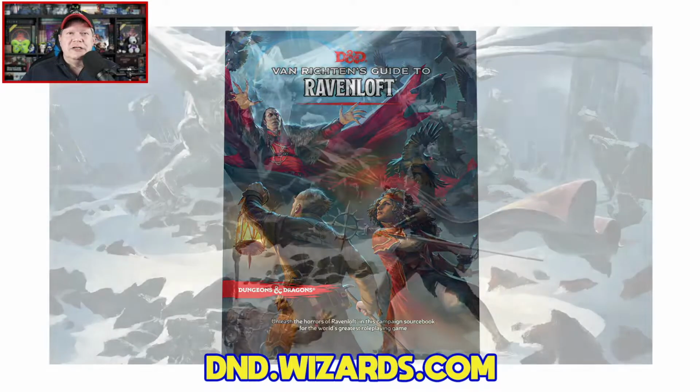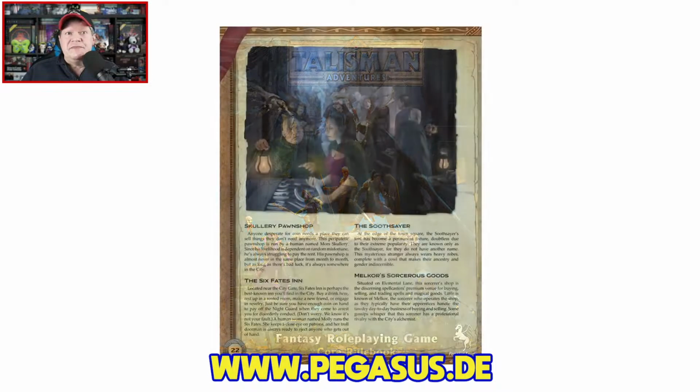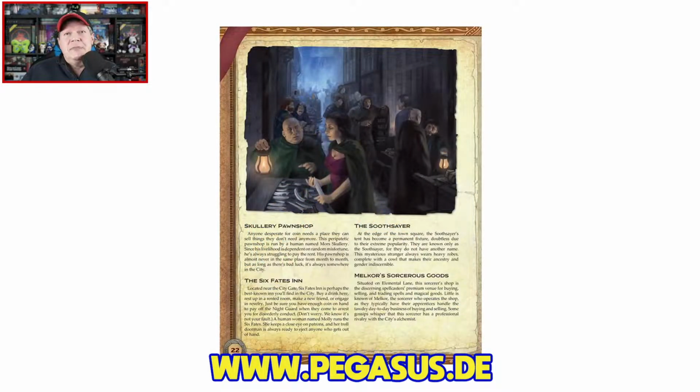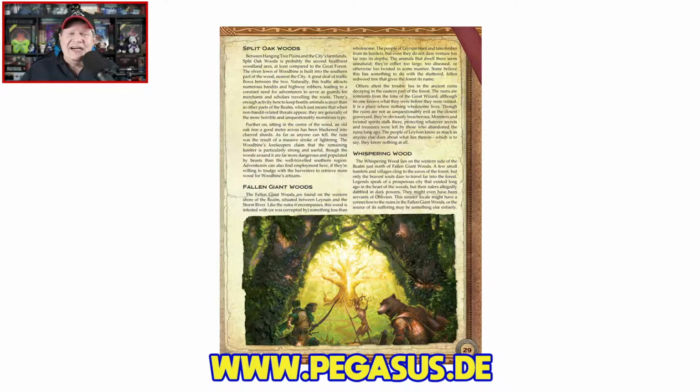All right. Now available in hardcover is the Talisman Adventures fantasy role-playing game from Pegasus Spiele. Here's the scoop. Begin your exploration of the realm with the core rulebook for the Talisman Adventures fantasy role-playing game. Magical forests, treacherous mountains, deadly dungeons, and more await you between these pages. Begin your adventures as any one of 10 classes: assassin, druid, minstrel, priest, prophet, scout, sorcerer, thief, warrior, or wizard,